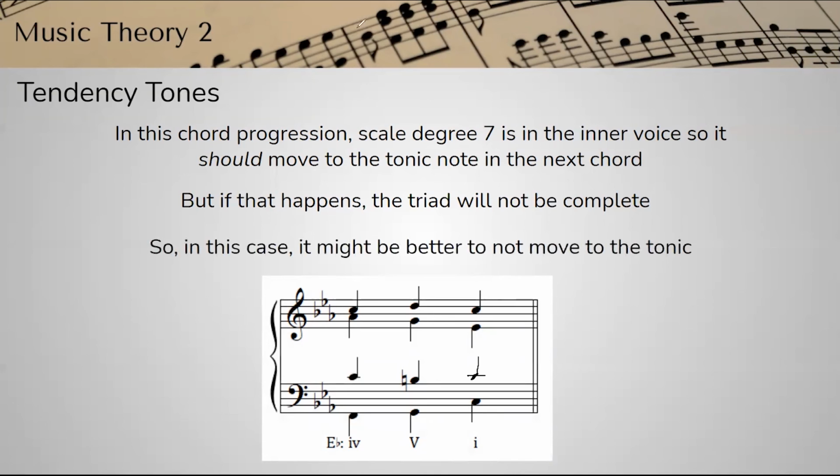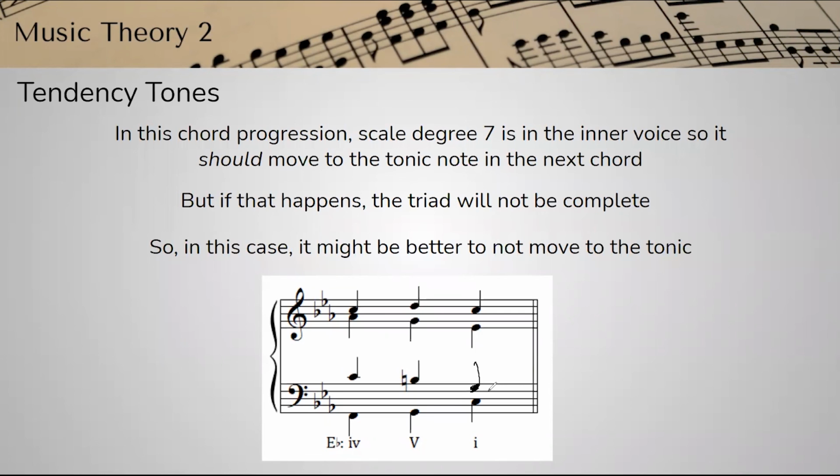So in this case, since that leading tone, that B natural, is in an inner voice, we can get away with not moving it up by step. If we want this chord to be complete, which we usually do, we want that to move down to a G. And that would sound fine because we wouldn't notice the fact that that tendency tone did not resolve correctly. So it sounded